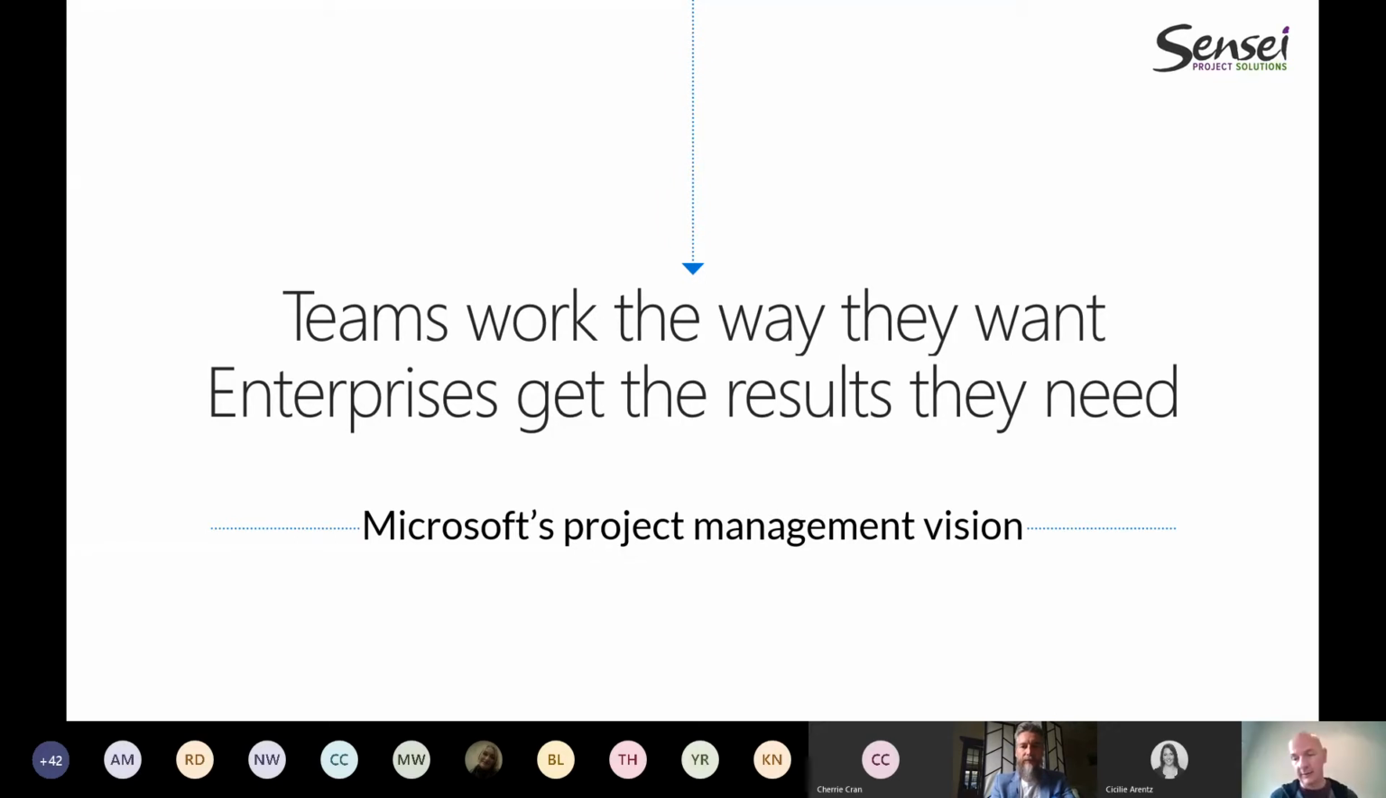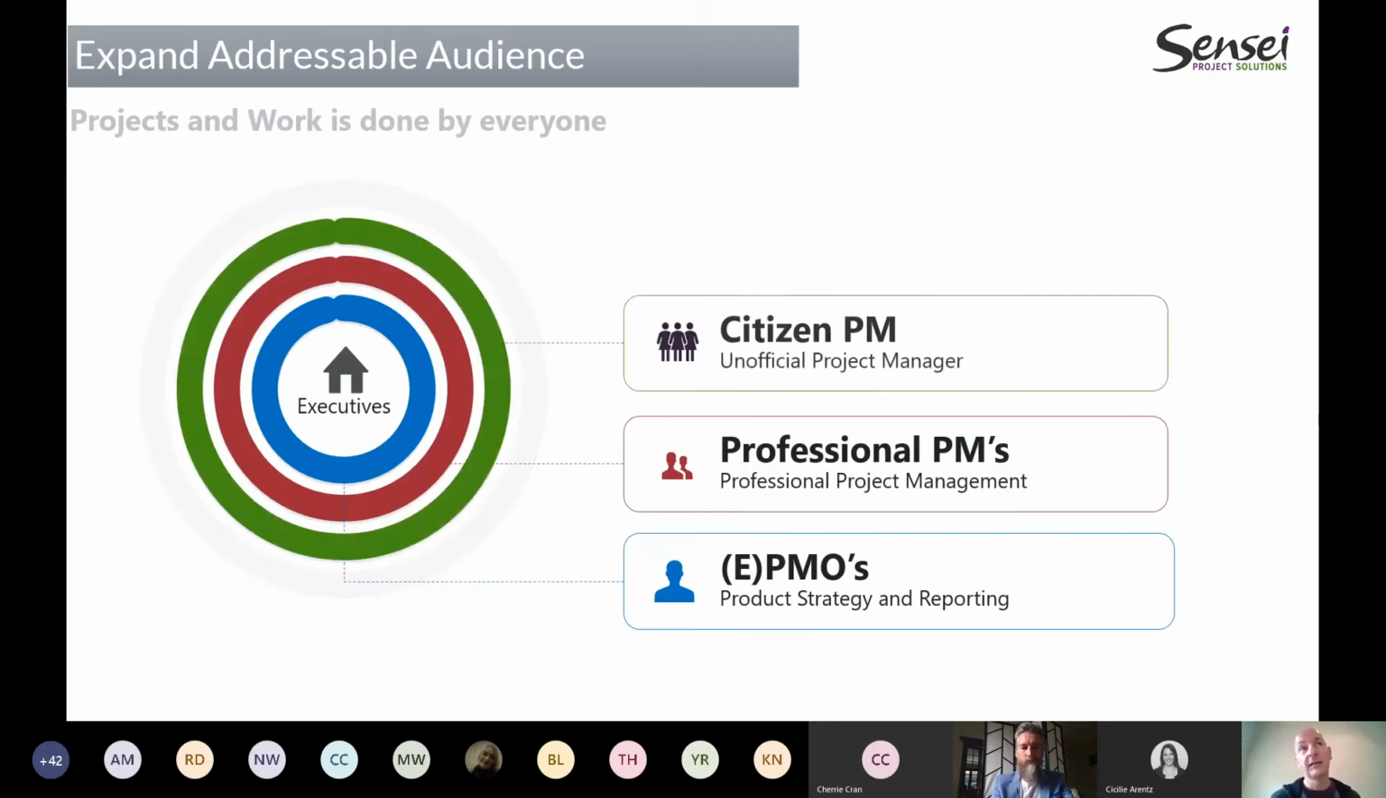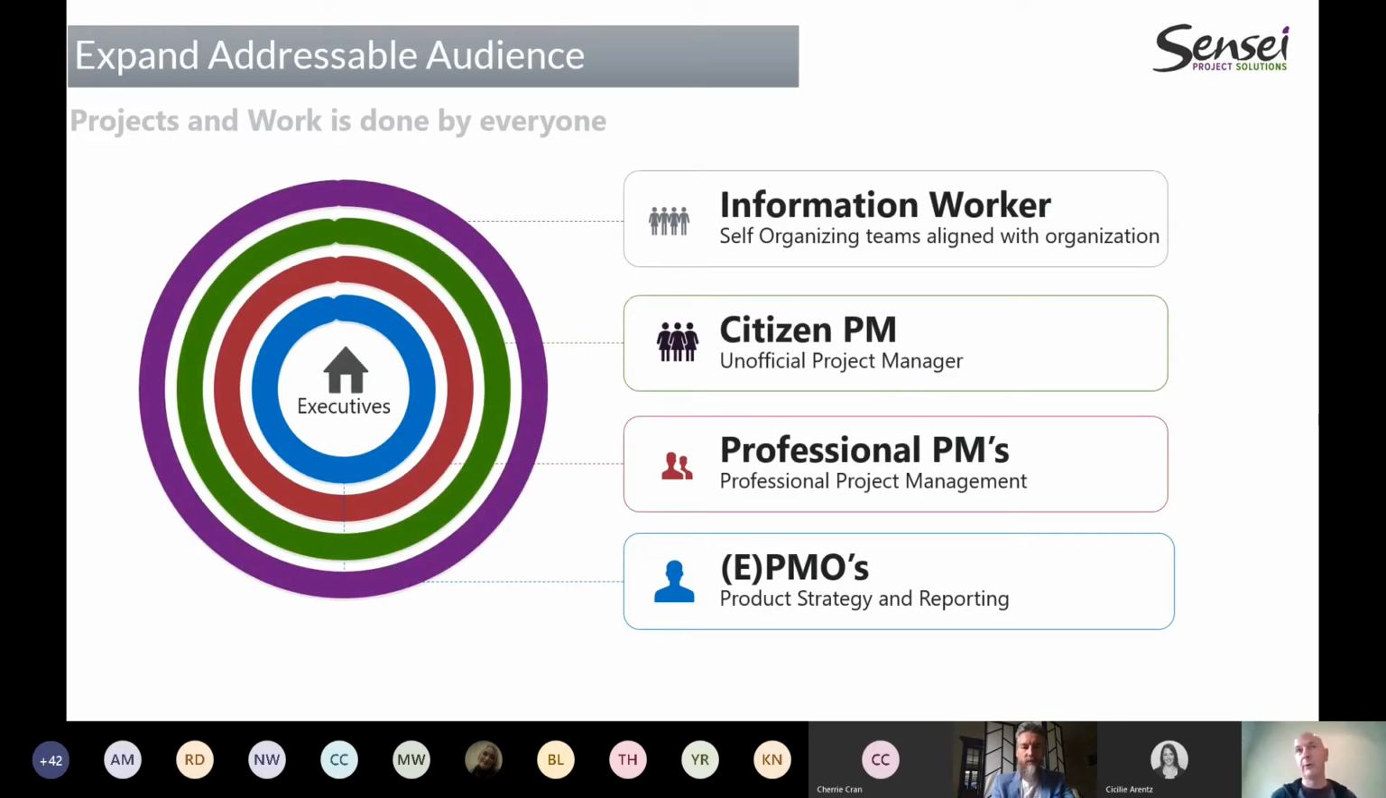Microsoft decided, and I think that's a very smart idea, to incorporate Intuitivity and work management to combine that bigger picture. What that ultimately means from our point of view is Microsoft starts to expand the addressable audience from what we traditionally have managed through EPMOs, product strategy and reporting, or professional project managers that really need to know earned value and need to have a schedule rigor with baselining